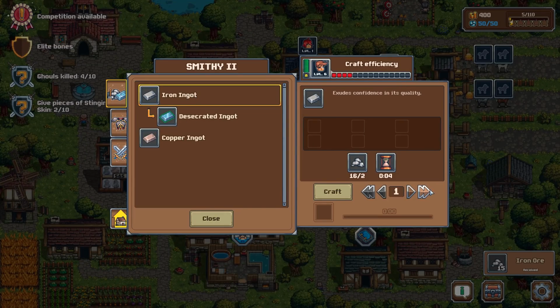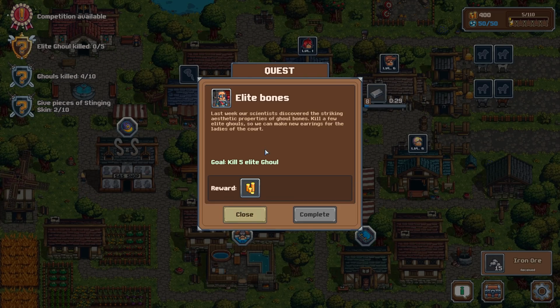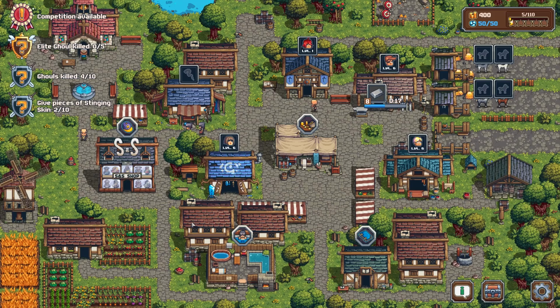So let's get that starting to be processed while we have a look at the next quest. Elite bones. Kill 5 elite ghouls. So it's getting us ready towards the boss. Basically, once you get these elite quests, they're going to take you into that area ready for the boss. And we're already about 28%. Yeah, 28%, something like that. Seems about right. So we're going to start putting our...